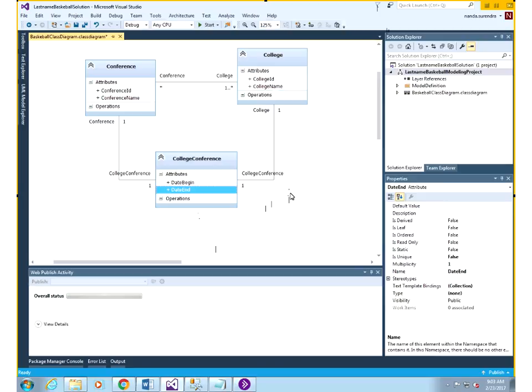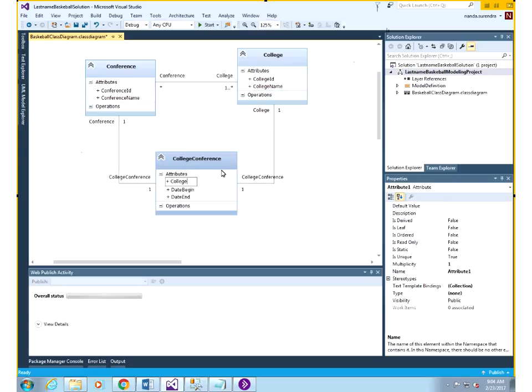Okay, good. Yeah. So if you think through it logically, there's no end date. So basically, there's no value for this, and if there's no value, it tells you that that's where you're currently associated. Okay. So we have this. One of the things, if you're just going with a pure database design, you wouldn't need this, but in the MVC, every class that you create in MVC, you create an